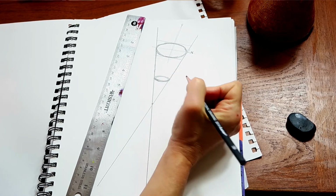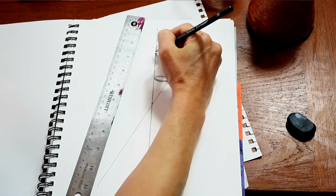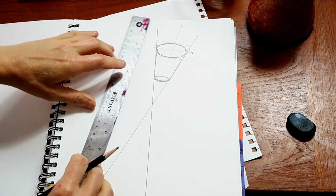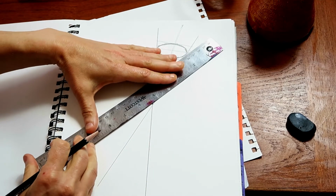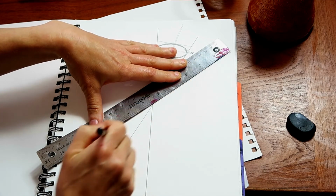I'm going to freehand this one. So here's my new cylinder. Now I can do it again. So this is cylinder number 1. If you get good at it, you can start freehanding, but maybe in the beginning,